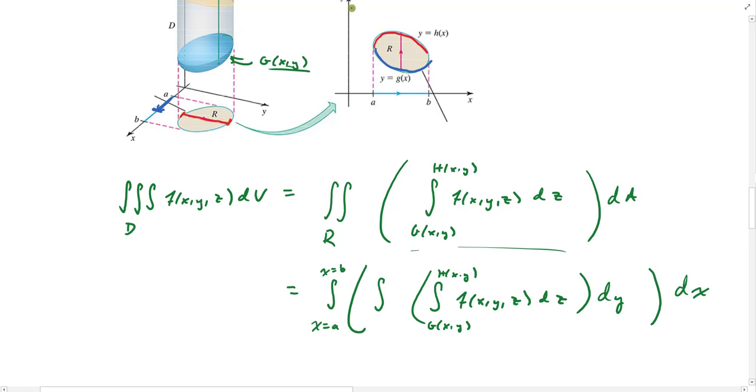Or if you like, you can look at it in the 2D picture, saying we're going to go out to, say, this particular x value, x naught, and then we're going to evaluate this function, and that'll give us the lower bound here, g of x naught, and h of x naught will give us the upper bound. So once we fix an x coordinate, we then allow y to vary under that fixed x coordinate. Then for each fixed y value, so maybe this is the y value y naught that we get, for that y naught value, we've now got an ordered pair in this space right here, x naught comma y naught,